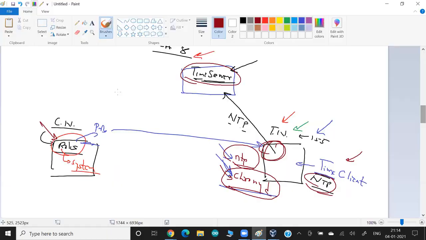But how does our client come to know from which system we have to sync the time? Always, logically, maybe you are using a role created by somebody else, but something you have to